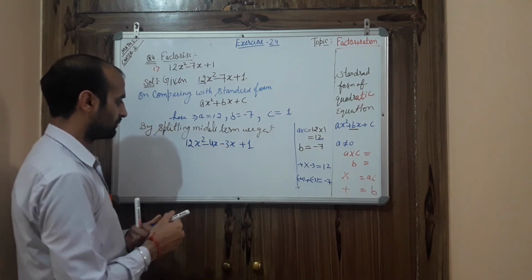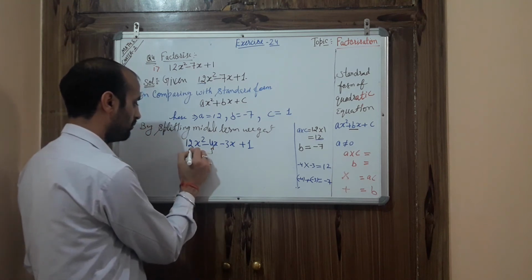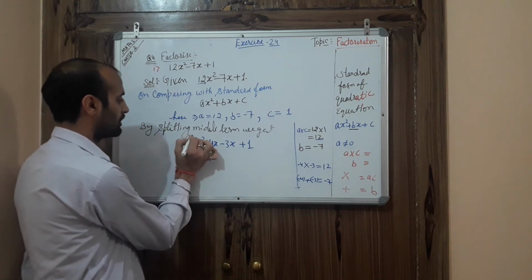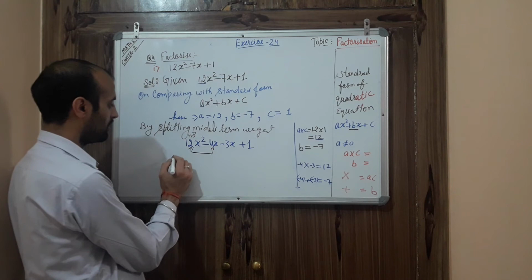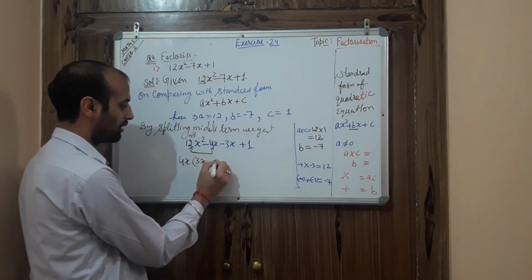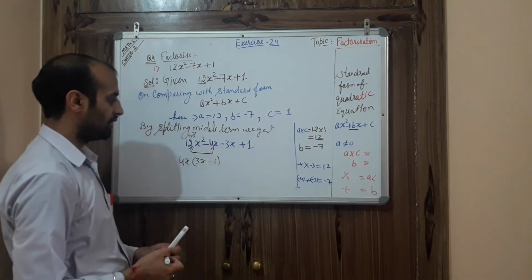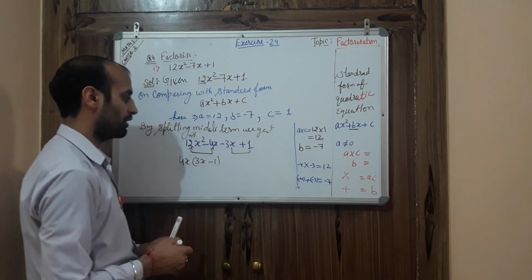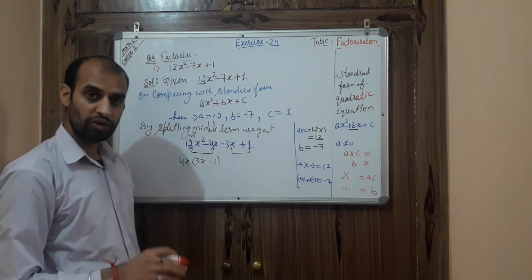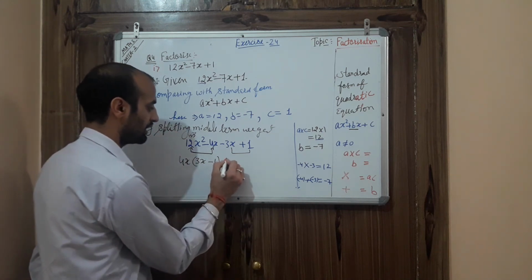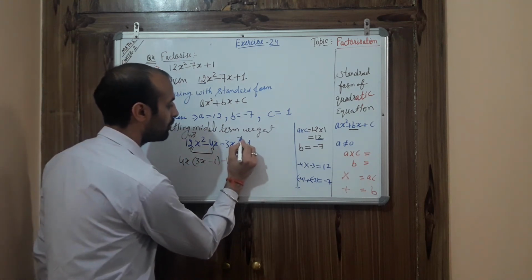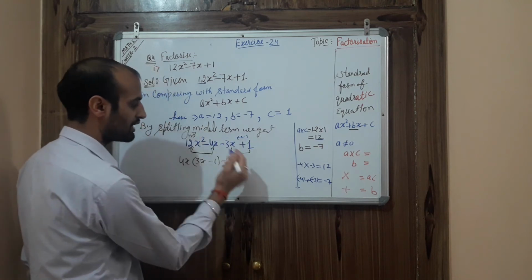The next task: from the first two terms, we need to find out what is common in these two. You can see 12 you can write as 4 times 3. So 4 is common, x is also common. Take 4x outside. Here 3 and x are left, and here you will get only 1. Next, in the next two, what is common? You can see this is 3x, this is 1, there is no common. If there is no common, we can take 1 common. So we are taking minus 1. If I take minus 1, this plus sign is made up of minus into minus.